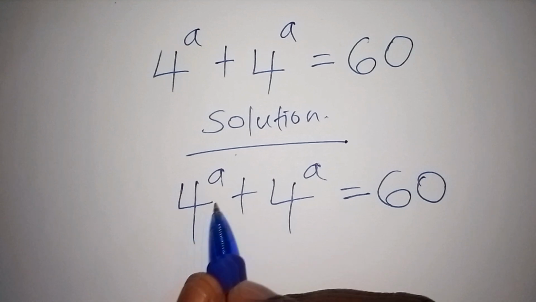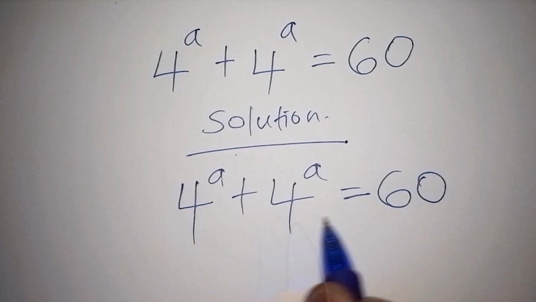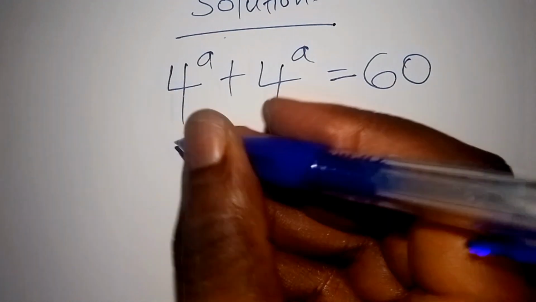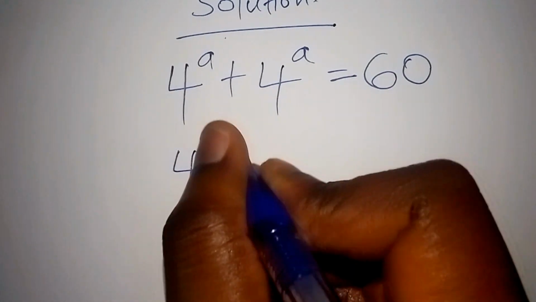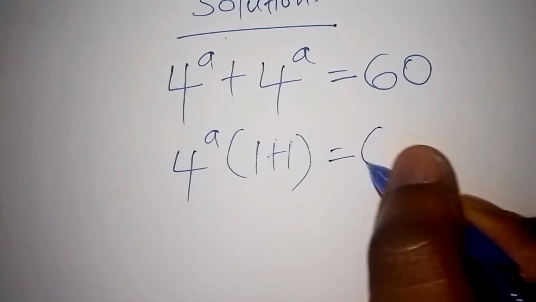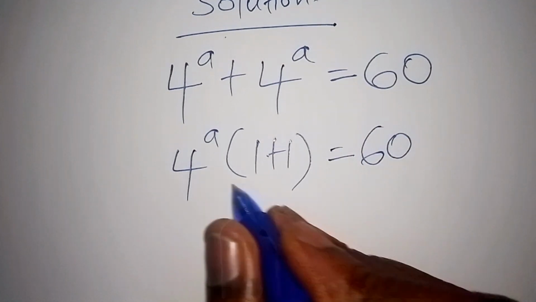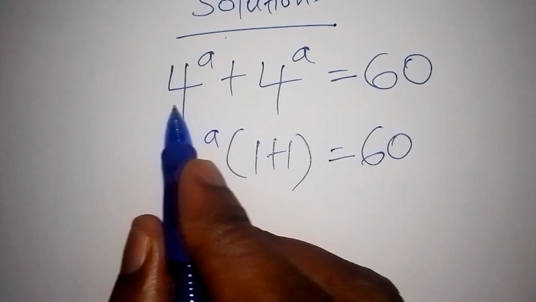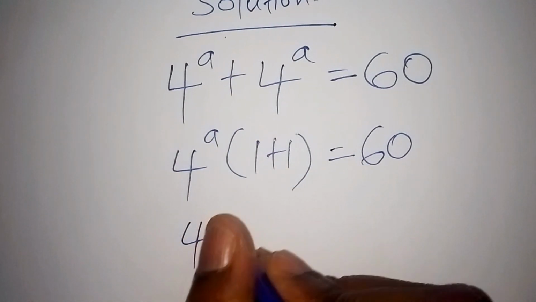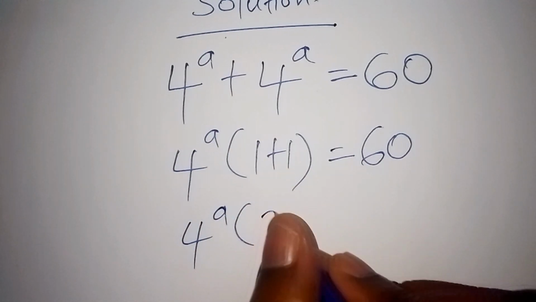Now, here 4 to the power of a plus 4 to the power of a is common. So let's now factorize it. When you factorize this, we shall have 4 to the power of a, then into bracket 1 plus 1 is equals to 60. So here now, when we expand this bracket, we shall have 4 to the power of a into bracket 1 plus 1, that is 2,